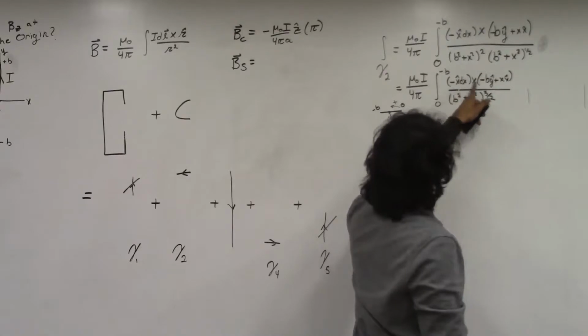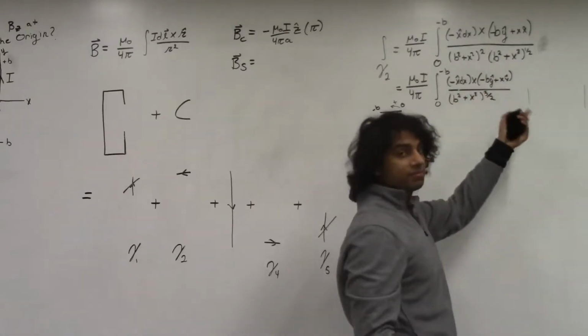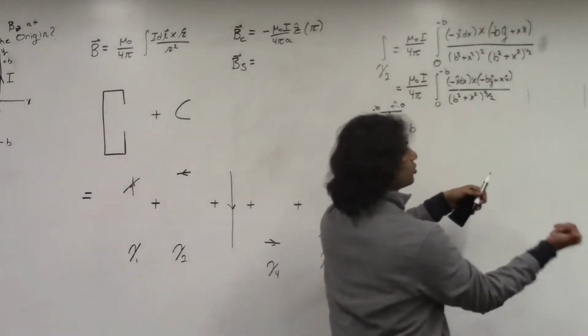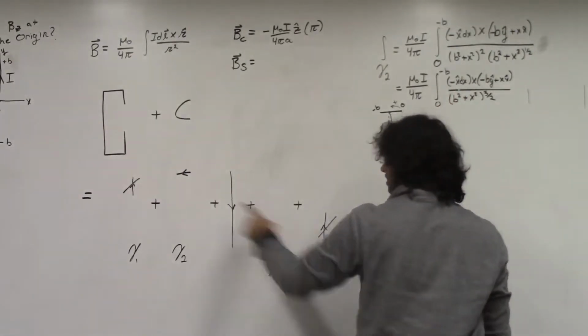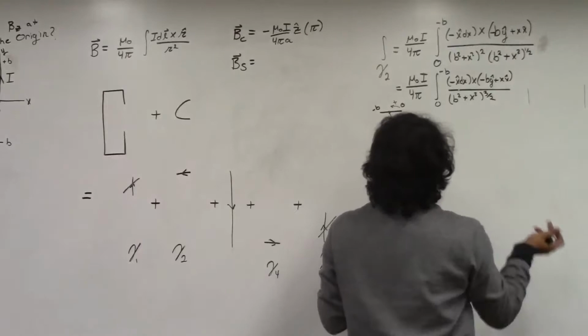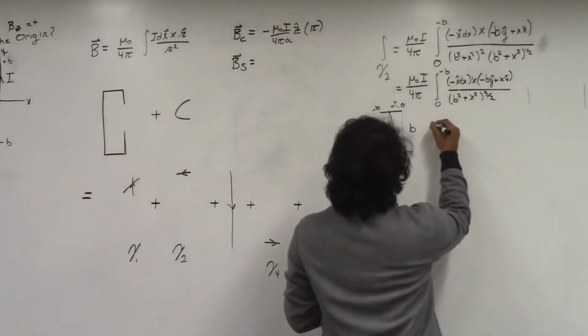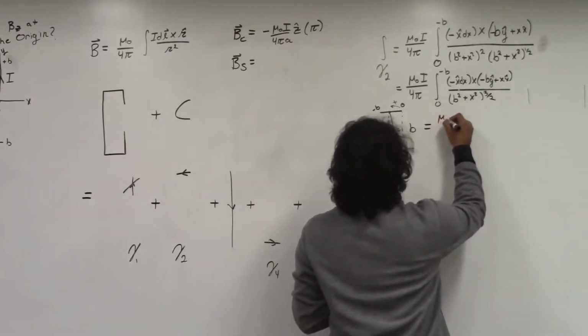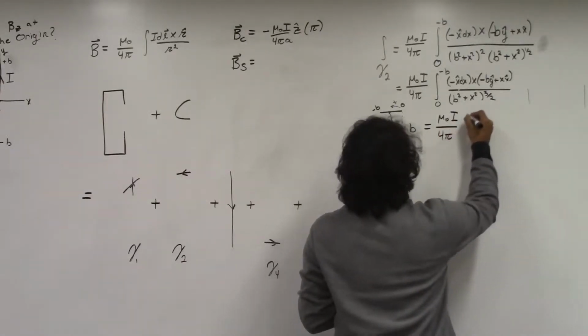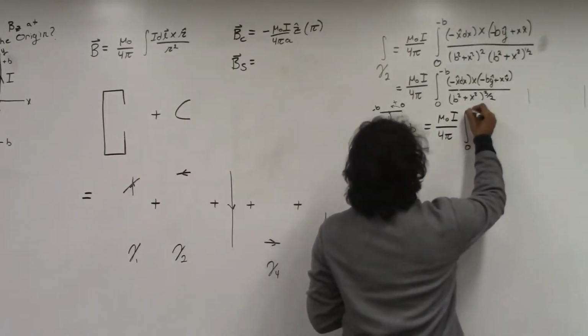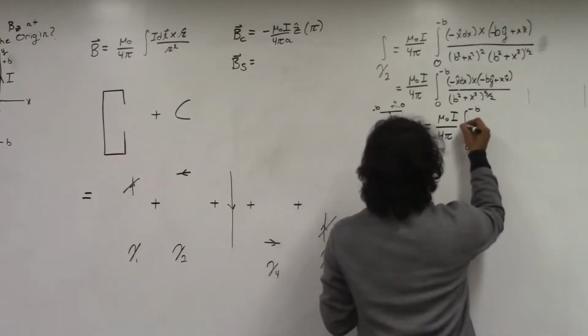So if I do x cross y, I'll get a z, but x cross x, for the exact same reasons these guys canceled out, is just going to give me 0. So this integral further simplifies: mu naught I over 4 pi, 0 to negative b